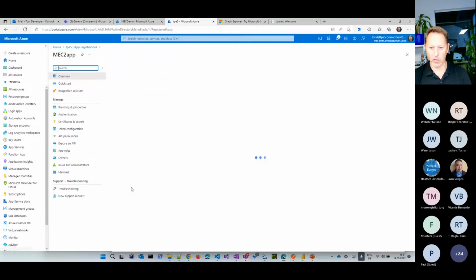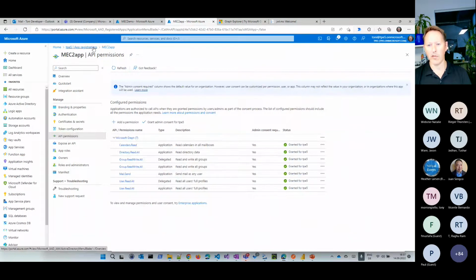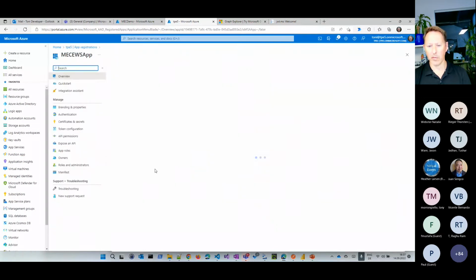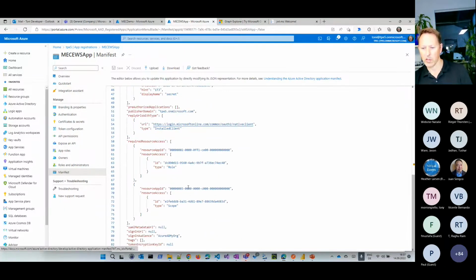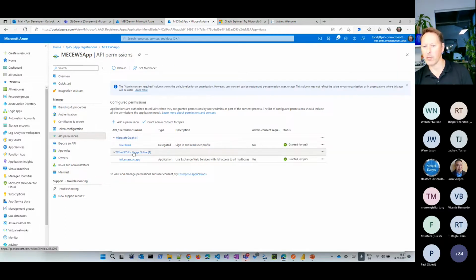I think it was this one here, where I added this resource provider, or maybe a different one. I think it was this one here. Yeah, when you do it correctly, let's look at the manifest here. So what I wanted to show you, I added this section here, where I say, this is the Exchange provider, this is the role. And if you add that to the manifest and I go to the API permission, you see you get that resource provider and you get full access as an application to use Exchange, in that case, web services, for example.